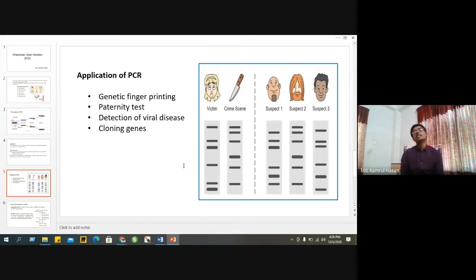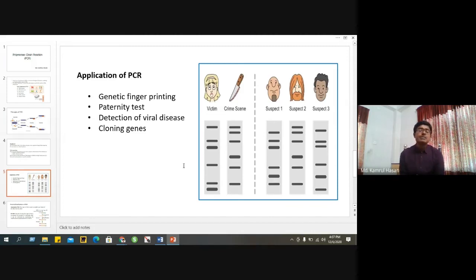Next, the application of PCR. PCR is a very important technique in molecular biology. An important application of PCR is genetic fingerprinting. Genetic fingerprinting is important in forensic tests. For example,